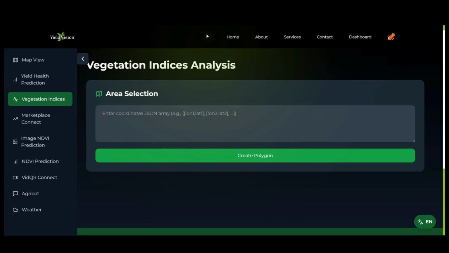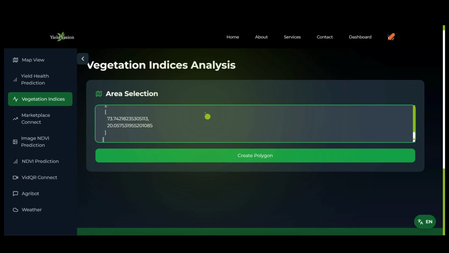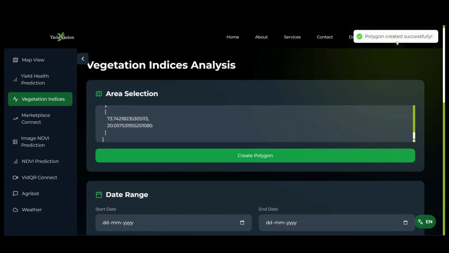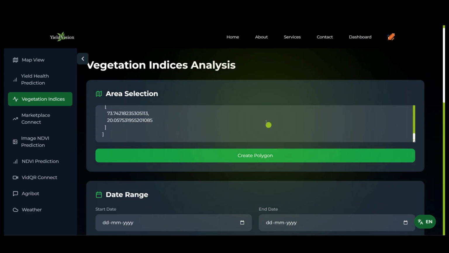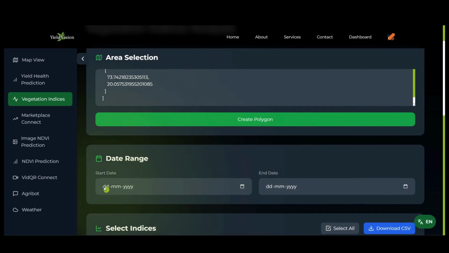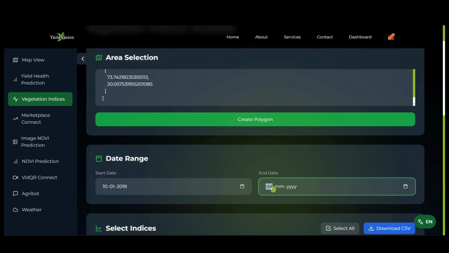Now let's talk about the vegetation indices feature. Remember the coordinates we selected in the map view? Here you simply paste them and click create polygon. Once the polygon is created successfully, choose the date range for which you want to track the vegetation changes. Let's say 10th of Jan 2019, 10th of Jan